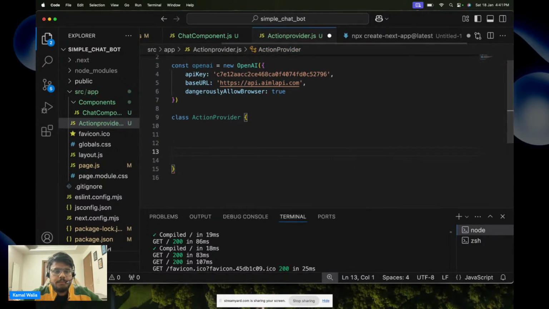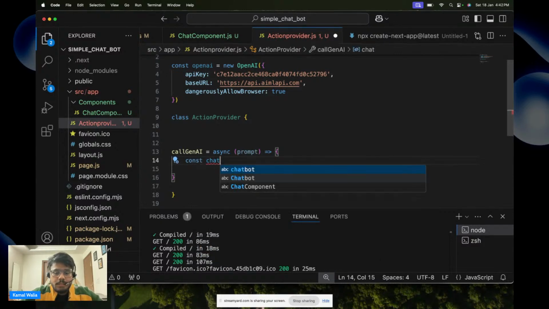We can skip this part. I can start right here. Call GenAI. This is one function inside my action provider class. This function will be used to call our API, that is the AIML API web service, and it will take a prompt. The prompt is whatever the user is typing on the chatbot. Then, const chatCompletion equals